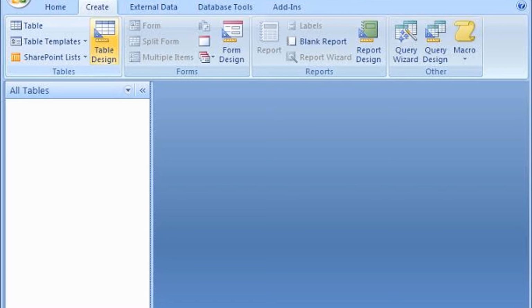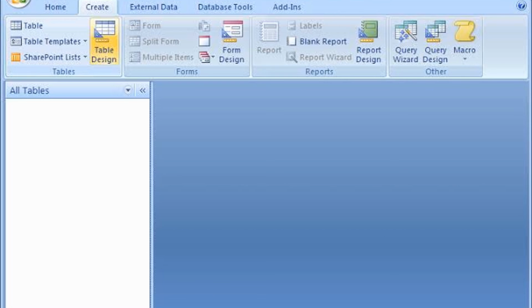Table design creates the structure of the table first of all, and then we can enter the table data in datasheet view, whereas in table we can directly enter the data as well as give the headings as field names also. Then table templates: we have predefined templates which we can select, in which we can select various field names also for creating tables.